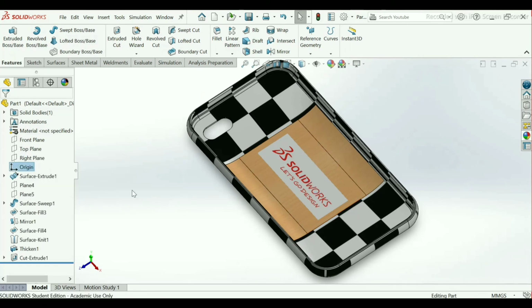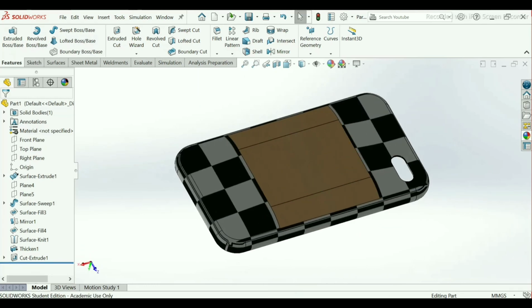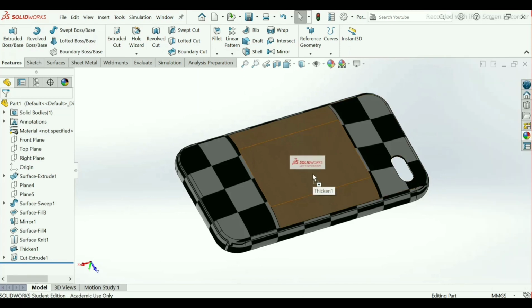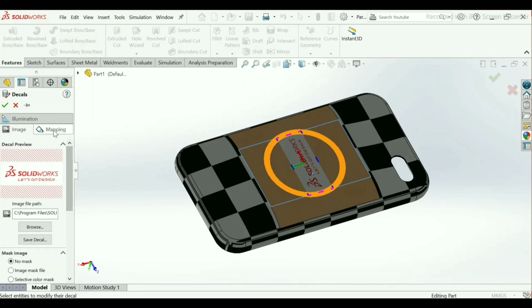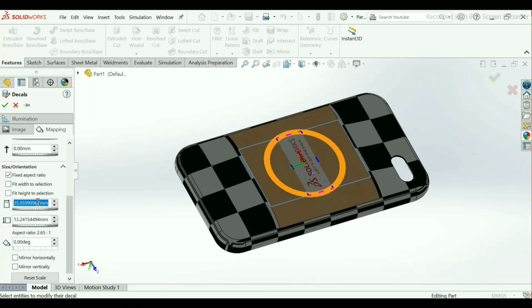Hide the origin. Now here also you can apply it by selecting, drag this logo, place it here, go to mapping, take 50 mm and the 18 mm as horizontal and vertical distances.